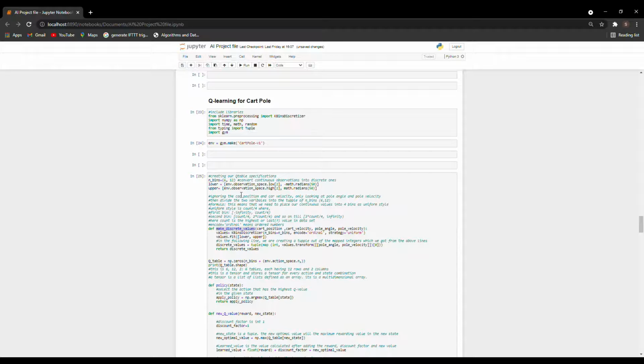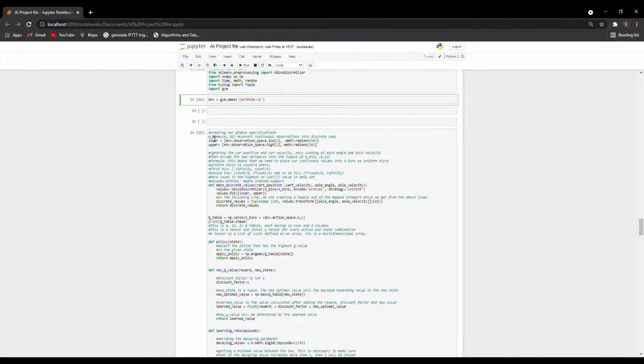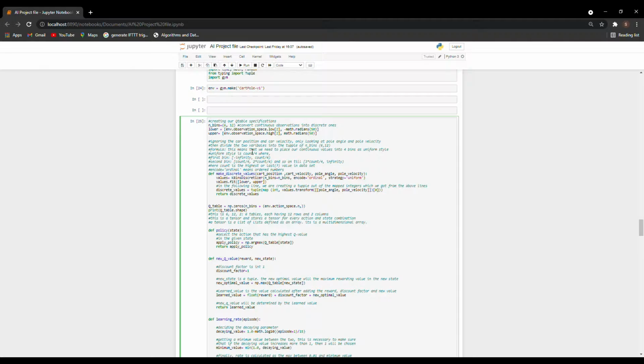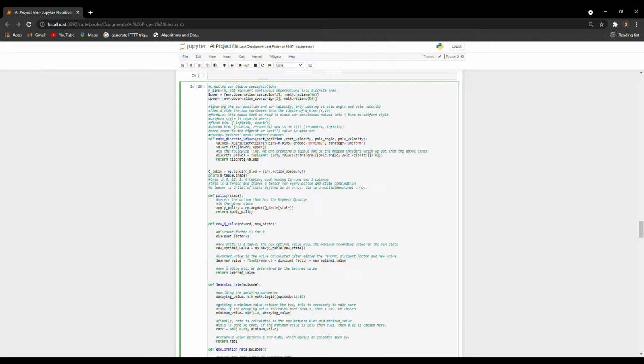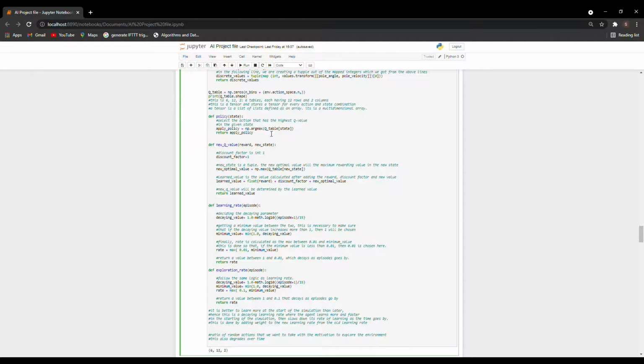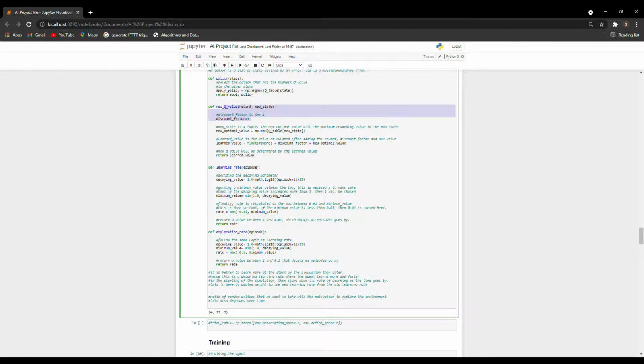Now we'll look at the Q-learning for cart pole. So I have included the libraries. I have made my environment. And for my Q table, I have initialized my bins and my upper and lower values, and these are my functions. This function will make the discrete values. This is my policy, which will be to choose the maximum reward value in each state. This function gives out the learned value,